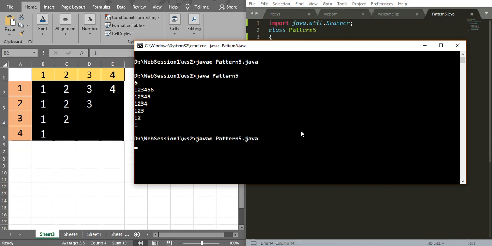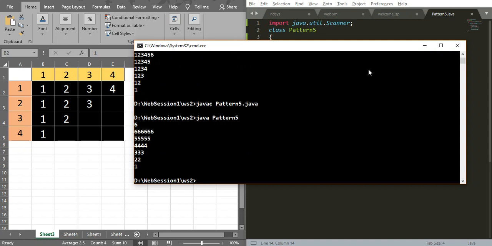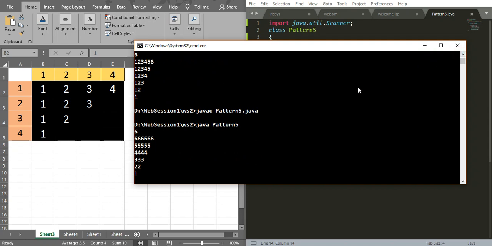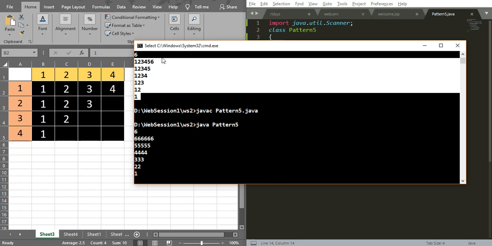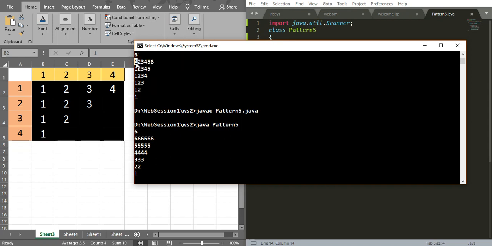I'm not clearing my input screen, I'm giving the same input as 6. Have you seen the difference between the two outputs? For the first one we printed the 1 to n values in ascending order, but in the current output we are printing 6 for 6 times, 5 for 5 times, 4 for 4 times in the corresponding rows.